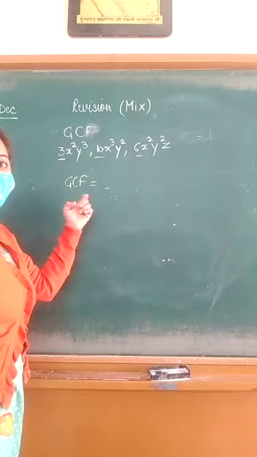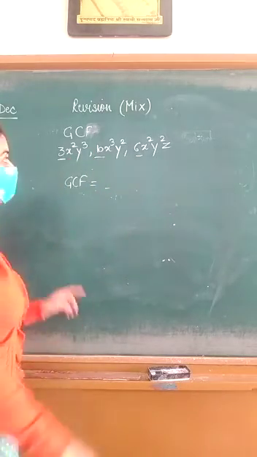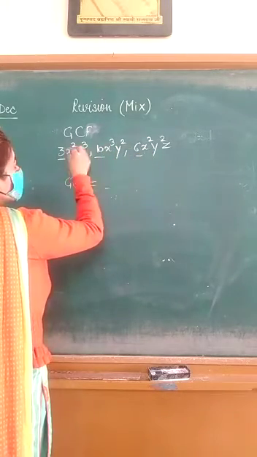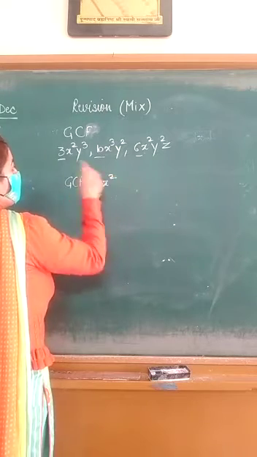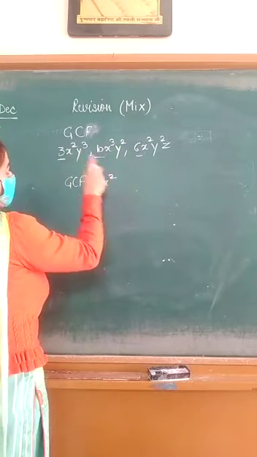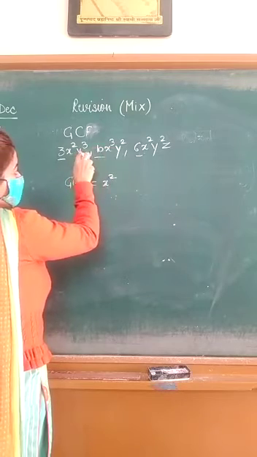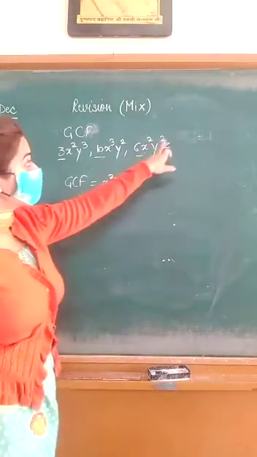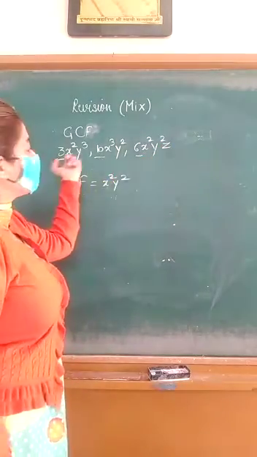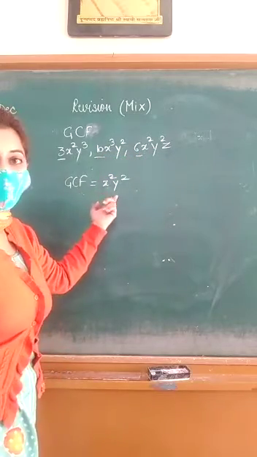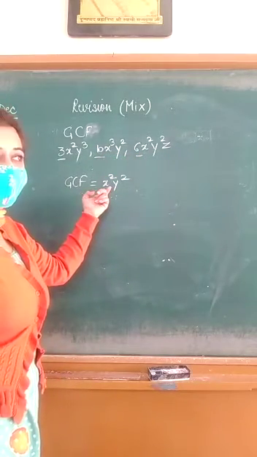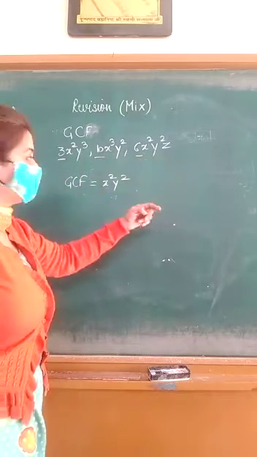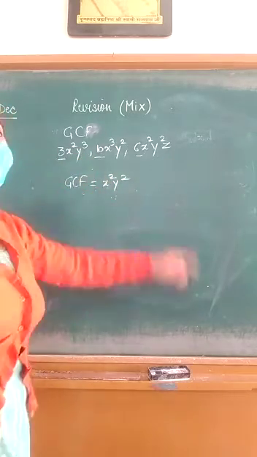So the greatest common divisor will contain only variables, that is x and y. This is your x square, x cube and x square. The smallest of all these is x square. The lowest of all these powers is x square. Now from y, this is y cube, y square and y square. The smallest of all these is y square. Z is given here in the last term, but Z is not there in the first two terms. So Z will not be part of your GCF. So this is your greatest common divisor. We don't have any other number greater than this which will divide all the three numbers. So this is the greatest number that will divide all the three numbers.